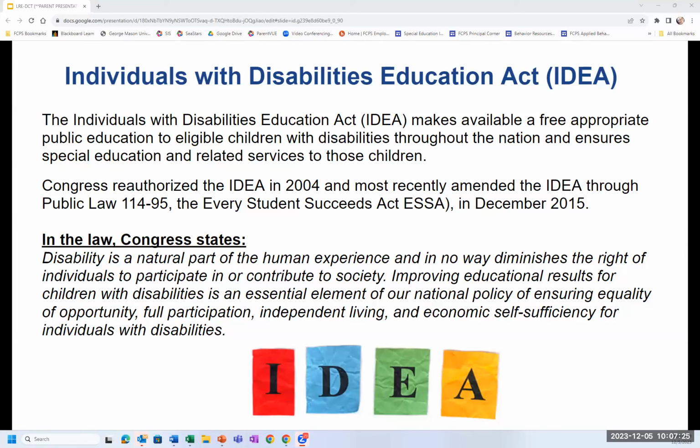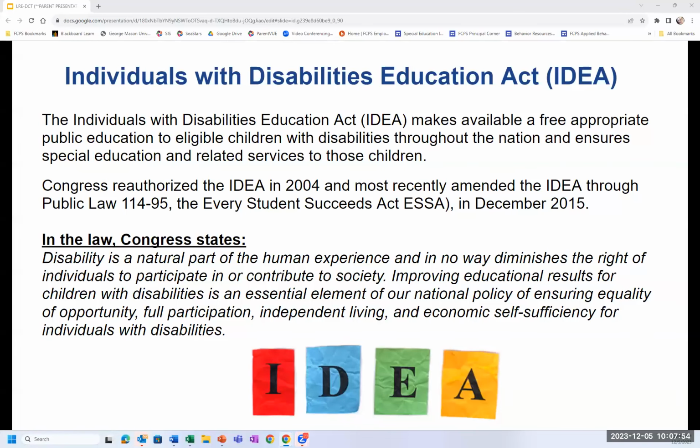So LRE is determined on a case-by-case basis during the development of a student's individualized education program, or IEP. During this process, the IEP team, which is a multidisciplinary group of professionals, and the student's parents would discuss what that individualized program of instruction and related services are for that student.